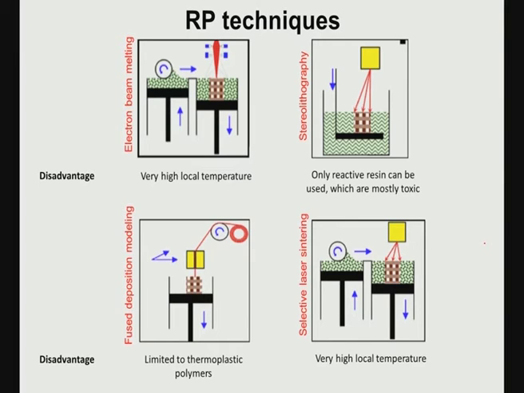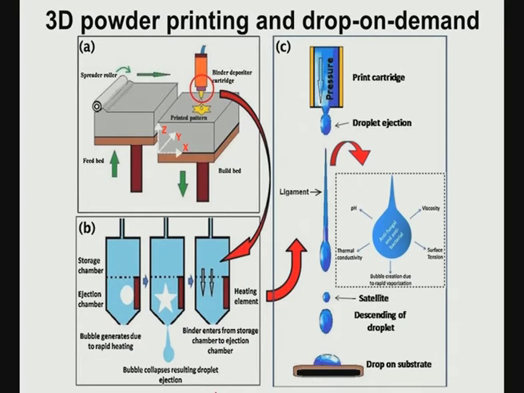Before we discuss a little more specifically the 3D printing or additive manufacturing technique, let me show you some of the other competing techniques, like electron beam melting, stereolithography, fused deposition modeling, that is FDM, and selective laser sintering, that is SLS. In all these techniques, as you can see, certain disadvantages are mentioned. For example, very high local temperature, or fused deposition modeling being limited to thermoplastic polymers, and so on. These give some rationale for the use of 3D printing,